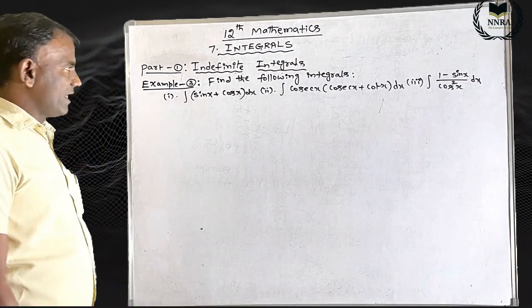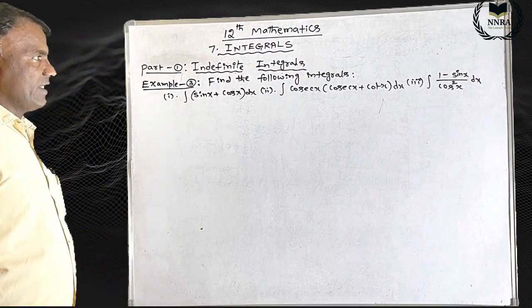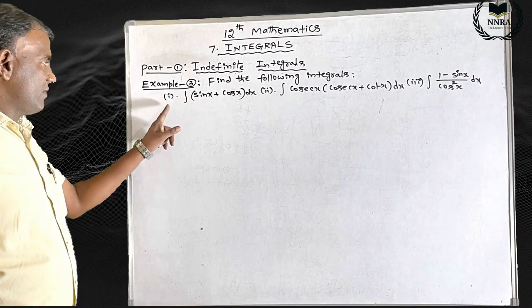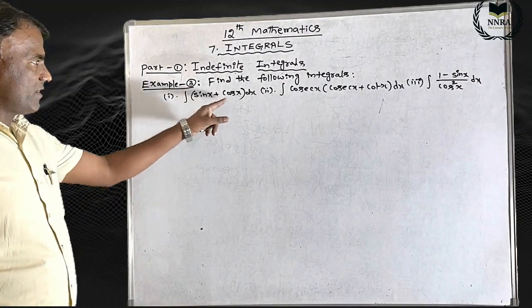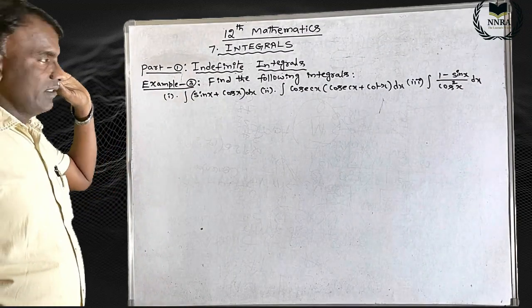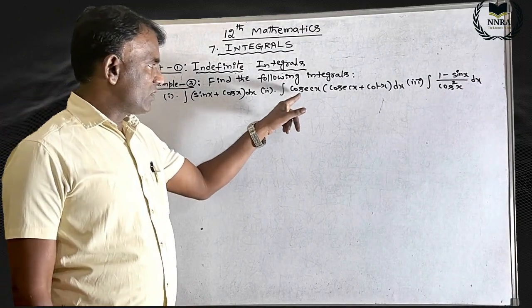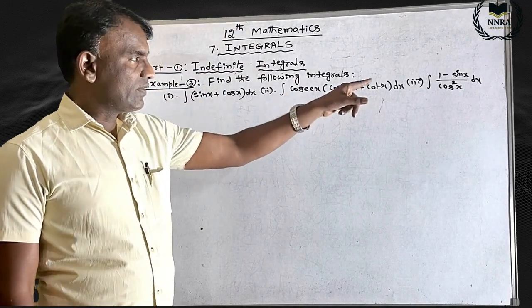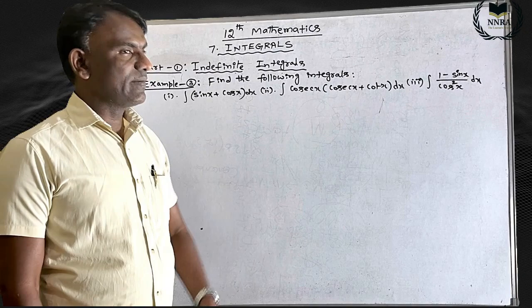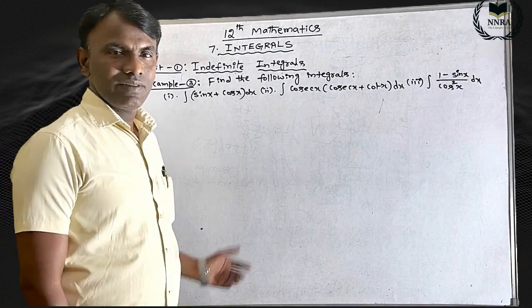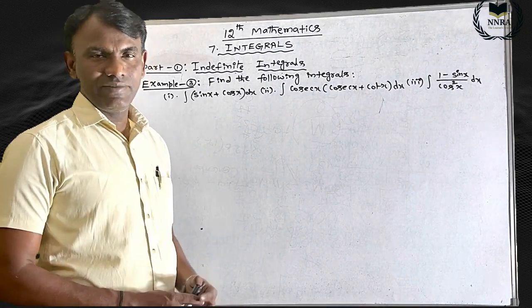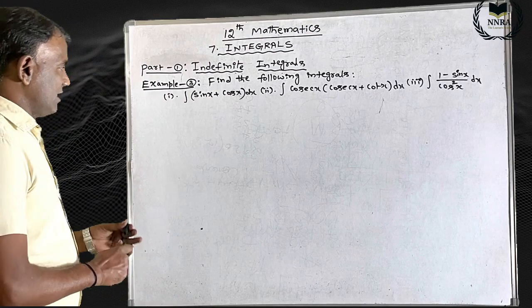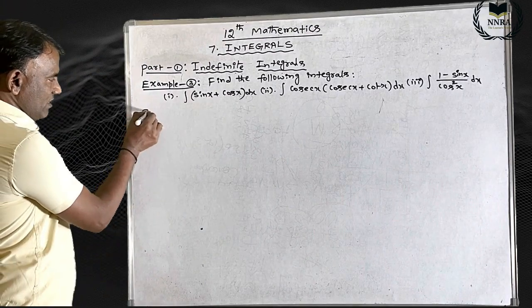Okay, now this is the third example. Find the following integrals. The first one is the integral of sin x plus cos x dx. The second one is the integral of cosecant x times (cosecant x plus cot x) dx. The third one is the integral of (1 minus sin x) by cos square x dx. All are direct standard formulas, right? If you take the first question,